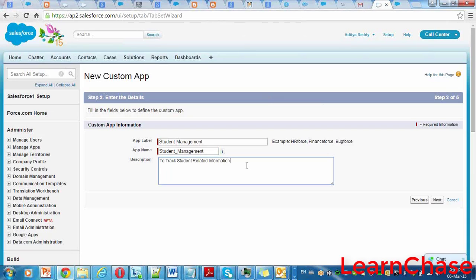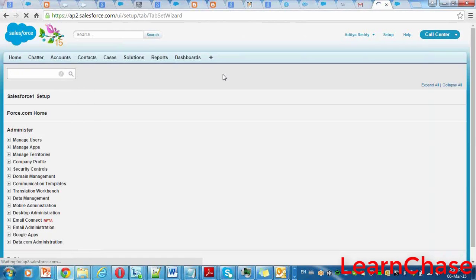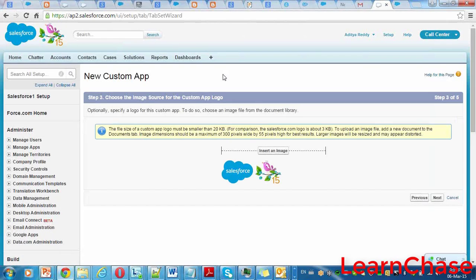I'm giving: to track student related information. Then when someone asks why we created this application and what its use is, the description tells them it's about student details and student related information.